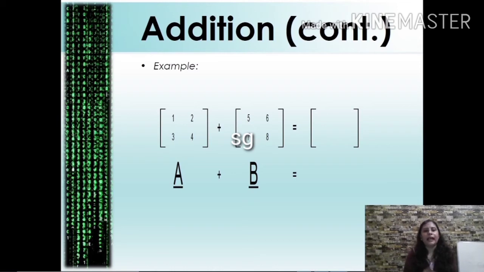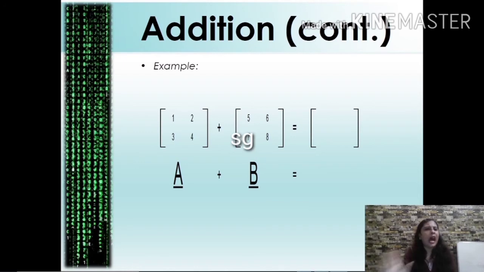Look here, we have taken a simple example. A and B both are square matrices, that is, both have two rows and two columns. So A is of order 2 cross 2, B is of order 2 cross 2. The first row of A is 1, 2, second row is 3, 4. That of B is 5, 6 and 7, 8. When we take the addition, we have to keep in mind that the final resultant will also be of the same order. That is, there will be 2 rows and 2 columns. We cannot have extra rows, extra columns, or fewer rows and fewer columns.